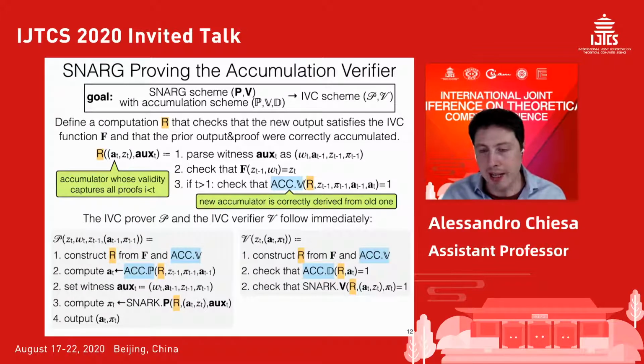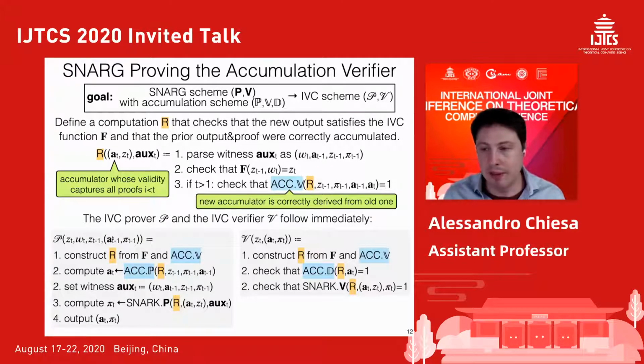So I don't really think of the accumulators as internal states. You can think about them as basically augmented IVC proofs, right? Before, the IVC proofs only consisted of snark proofs. But now I need to maintain not just the latest snark proof so I can consume it in the next iteration. I need to maintain also the latest accumulator so I can also consume that one in the next iteration. And what do they represent? Well, it's